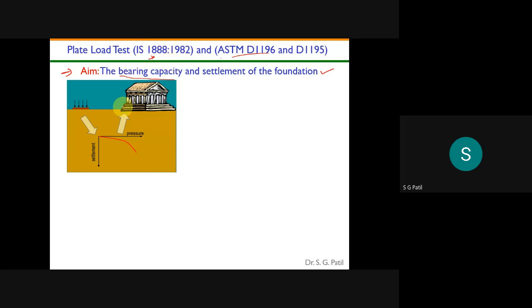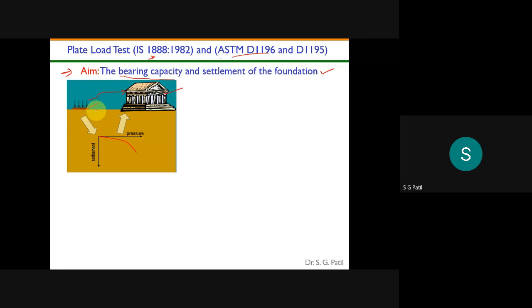In a nutshell, what is the plate load test? Ultimately, you are going to construct some structure on the foundation, on the soil. This plate is representative of your foundations, whatever foundations are there. Now we'll apply the load on this plate, which is almost equal to whatever load is coming from your structure. That much load we will apply, and then we will observe